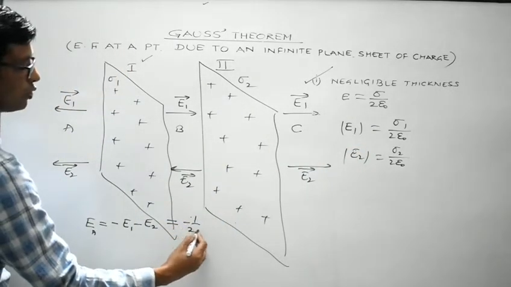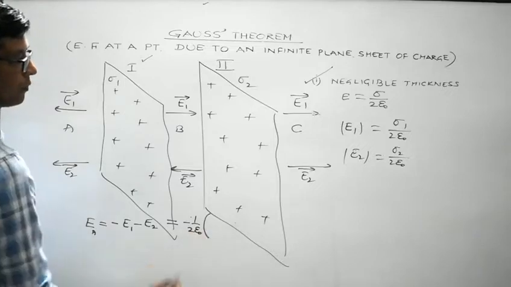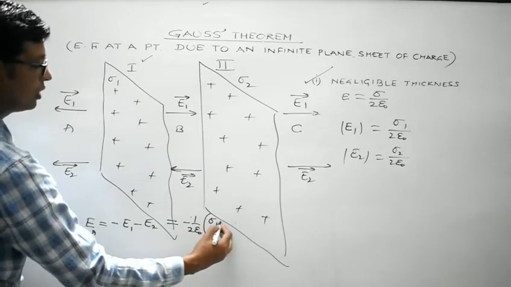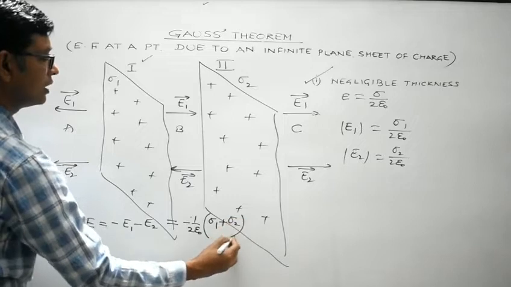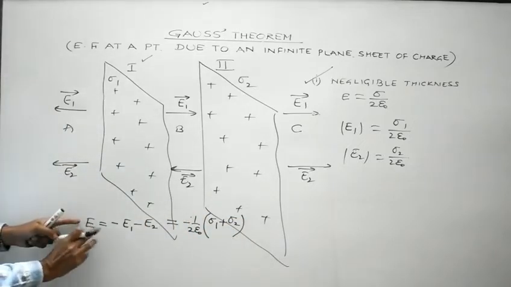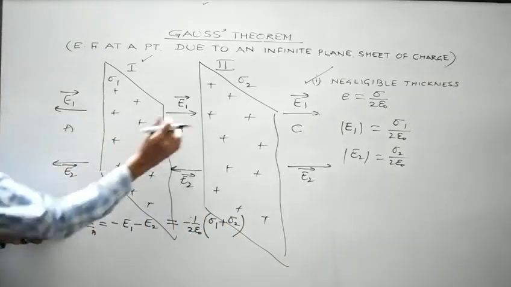Minus 1 by 2 epsilon naught (sigma 1 plus sigma 2). This is the electric field in this region. In the central region,